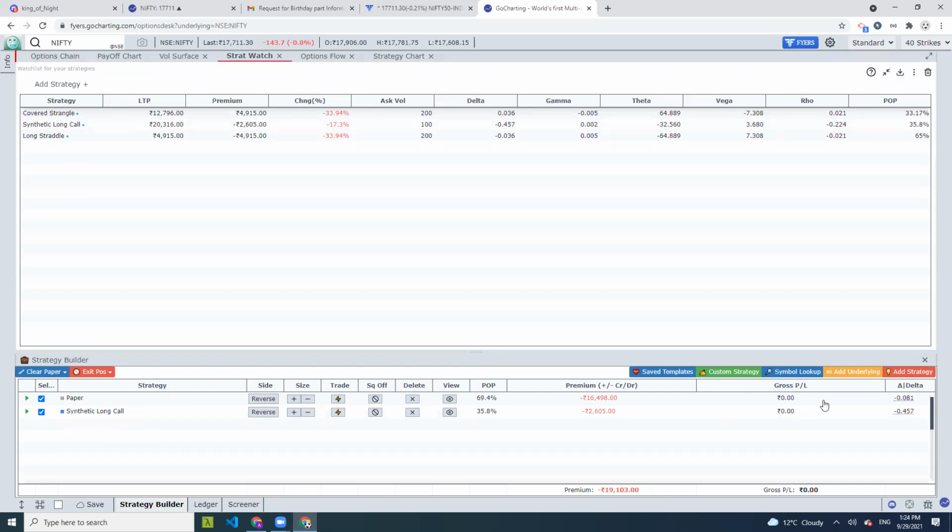Now the gross PNL calculation will continue here. So there is no gross PNL calculation here because you haven't taken the position, but you are only tracking it before you enter into a position. That's what this strategy Stratwatch does. It is a watch list for your strategy, right? And how do you add, for example, a strategy to the Stratwatch? Again, this is another use case where, as I explained, the formula will come into good use.